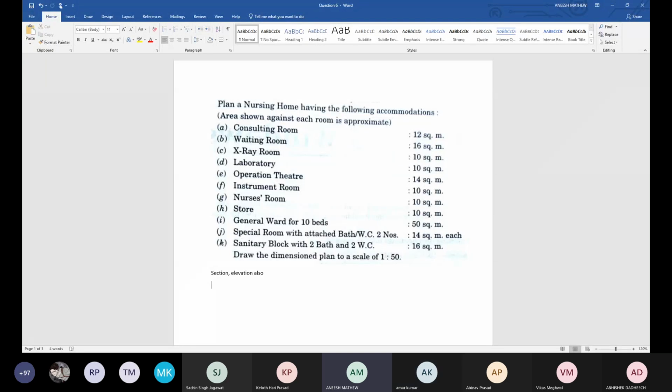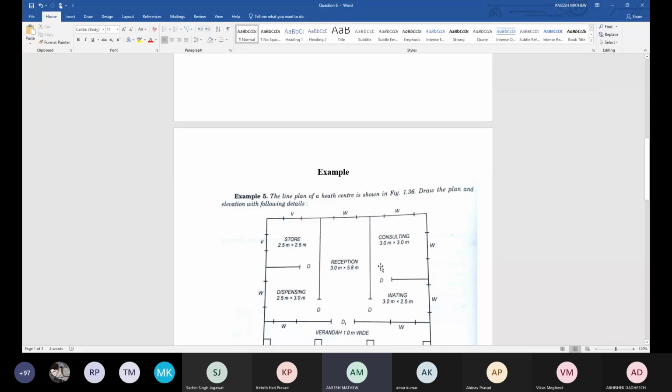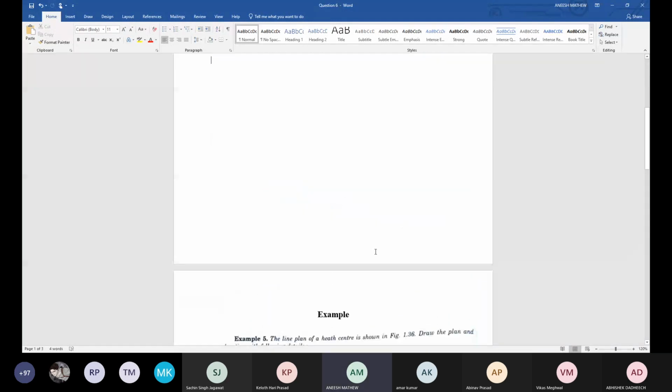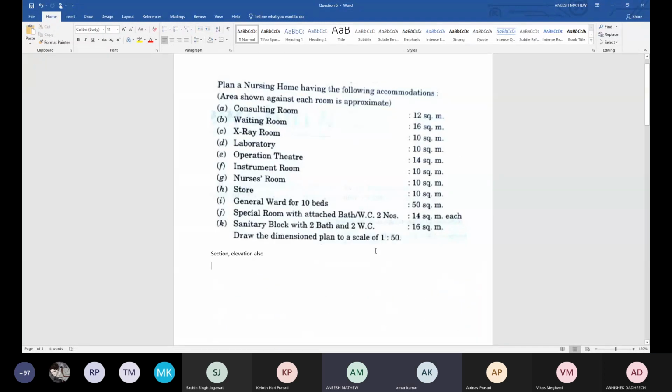No. Consulting room means the doctor's room, the room where the doctor will check the patients. Okay, sir. Then in the list, reception is not there. Sir, should we include it in the diagram or not?